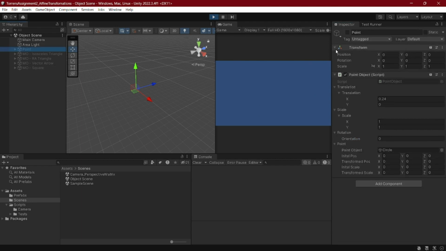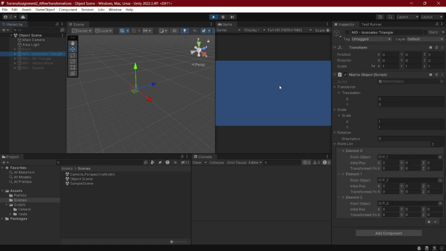We can also see the point, and to be honest, I wasn't sure how to employ scale on the point, so I kind of just did it, unless you want me to actually grow the size of the sprite, in which case I could have done that. It's very hard to visualize rotation on this. I should have probably put a debug function in, but you can see the translation is working just fine. So that's the point, and then we've got our isosceles triangle. As you can see, that translates, and it does it on both axes. There's scaling,